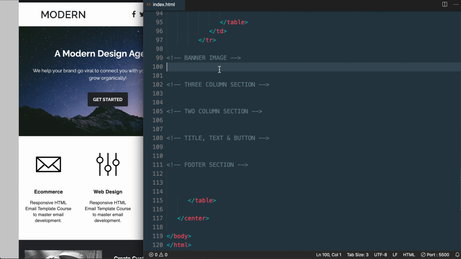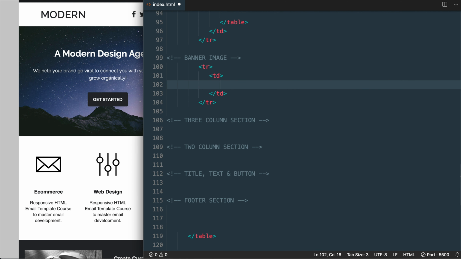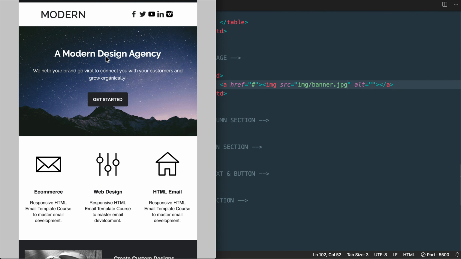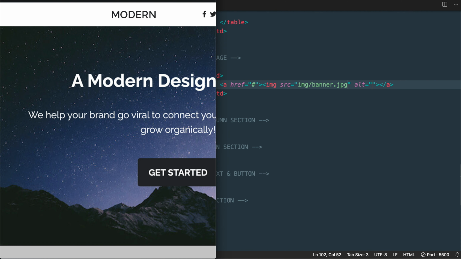So this section will be relatively simple, and we'll start it off with a table row and table data tag. Then inside of that, we'll have our link, which will wrap around the image, and I'll just leave the link blank. Then the image here will be img/banner.jpg. So with that, if we save it and take a look, we'll see that our image is displaying, but